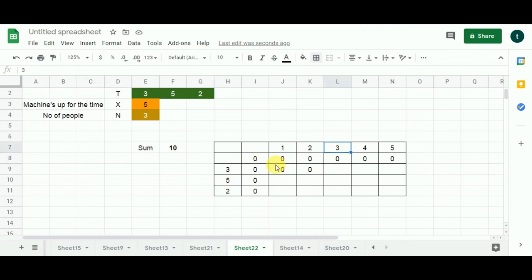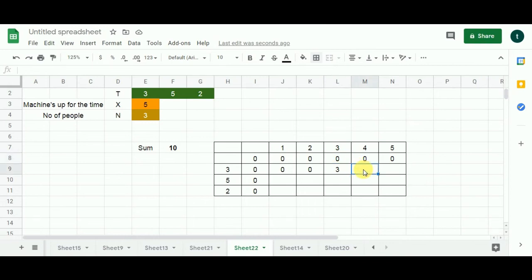So we get over here 0, plus this 3 is going to be the value of this cell. And yes, I forgot to tell you that we are going to compare this value with this value, and we are going to pick the maximum. Everything I have explained in the knapsack problem video. If you want to see it, you are welcome to pause it right now. You can watch that, and come back and resume it.